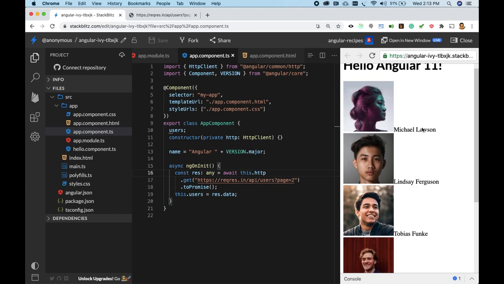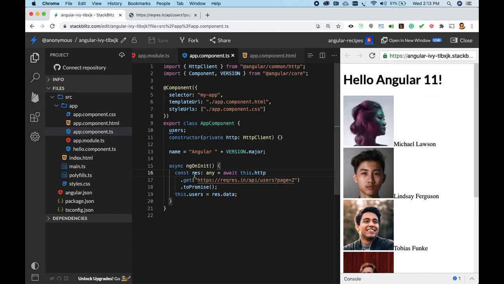Now we have it ready, right? So when we use async await, it looks like synchronous lines of code like we write in Java, and we don't have callbacks and observables and dot then or dot subscribe. It makes it quite simple. We can process here, we can do something with the users. Nowadays, a lot of people are using async await. So it's good to learn, and why not? We can certainly use it in Angular as well.